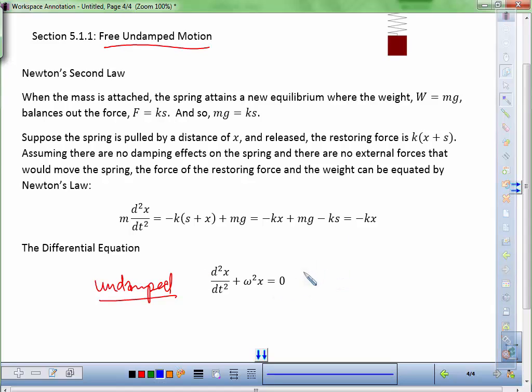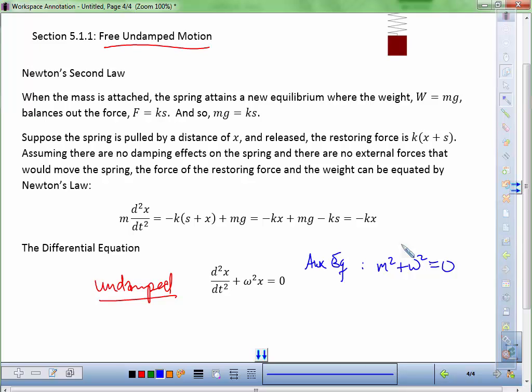If you think ahead, looking at this differential equation, whether you do this in your head or you write it down, this is a second order differential equation with constant coefficients. It's homogeneous, so we're going to go to that auxiliary equation business. And the auxiliary equation is going to be m squared plus omega squared is equal to 0. And omega is a constant, and you're squaring it. It's positive already, but you're going to square it to make sure it's absolutely positive. So it's a positive number, and you're going to be left with